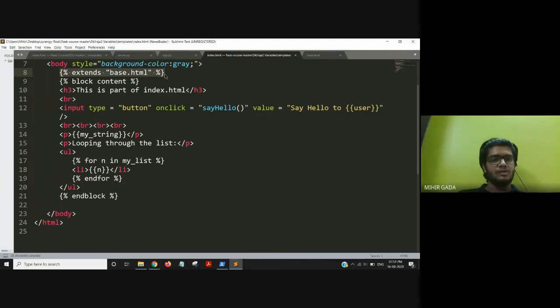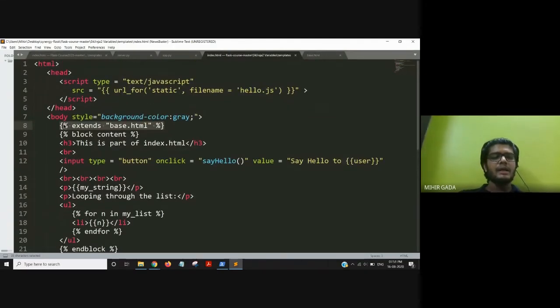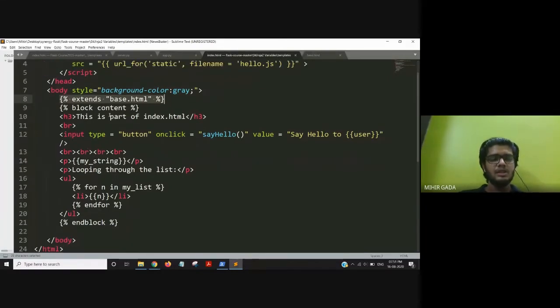In the start of my body, I add this template line, extends base.html. Basically, if I extend my first part to another part, you are connecting those two parts. So I'm extending this file to my base.html. Then this is my block content.